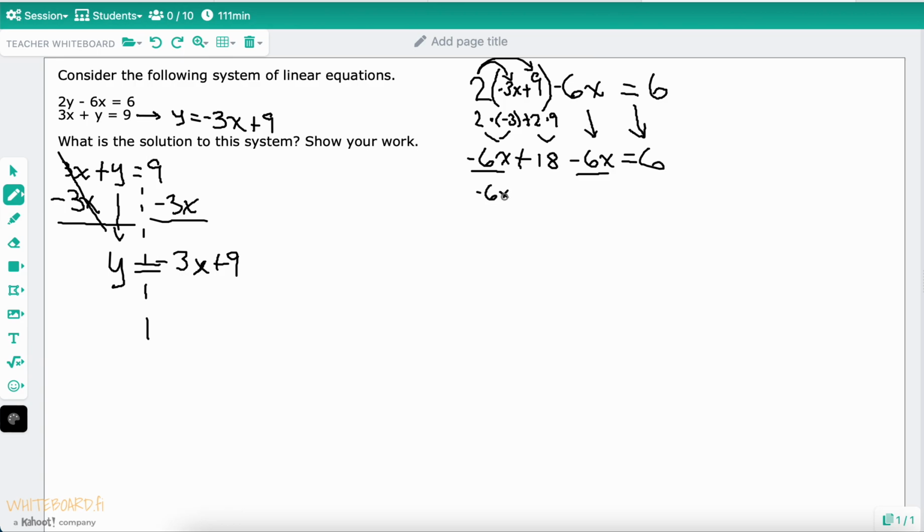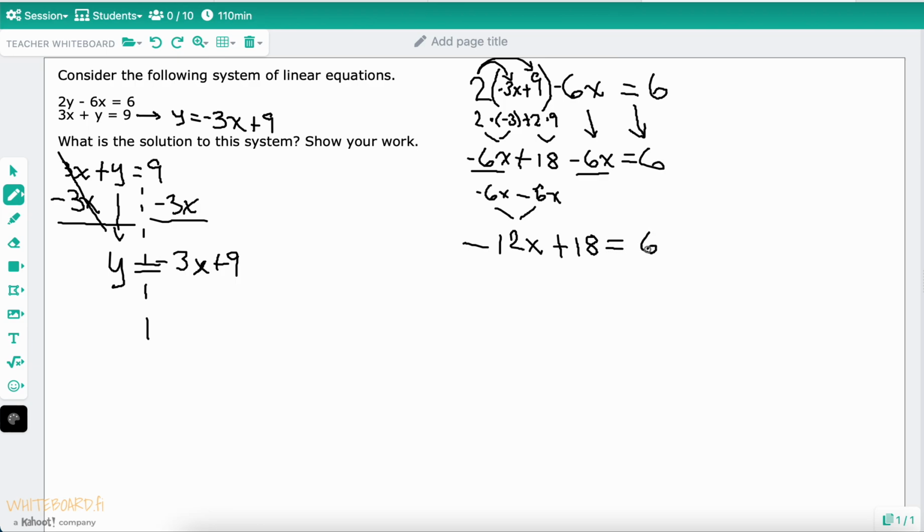Minus 6x. Minus 6x. And that should look more like a 6, right? So that's going to actually give me negative 12x, because negative 6 minus 6 is negative 12. Now I have the plus 18, which was not being combined with anything, and you cannot forget to bring it with you,